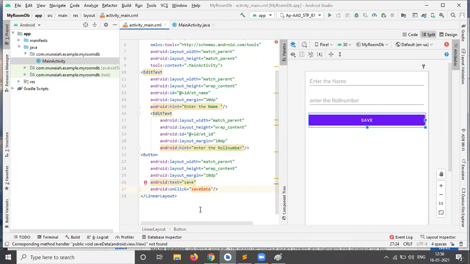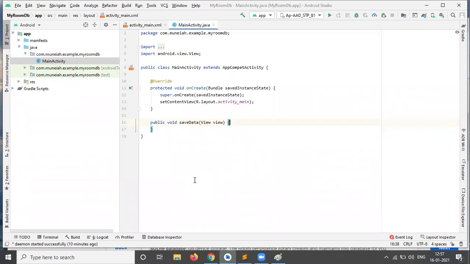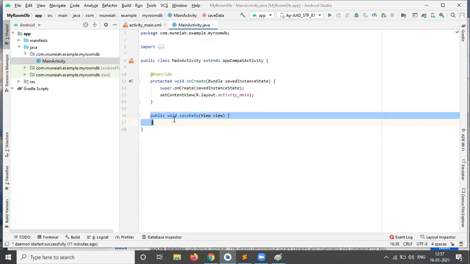Because we didn't create this save data method in the main activity. If you press alt enter to create the save data method in main activity, it will be created. So you just click alt enter on the save data method, and it will be created in the main activity.